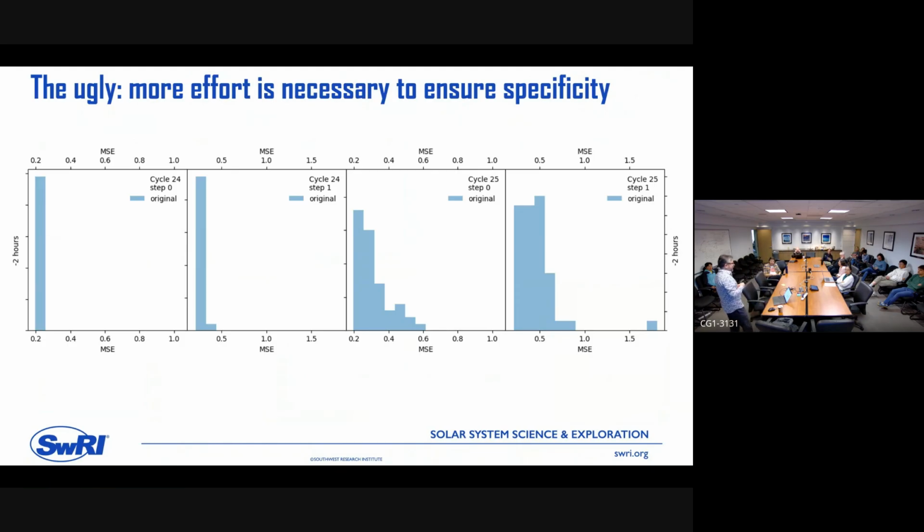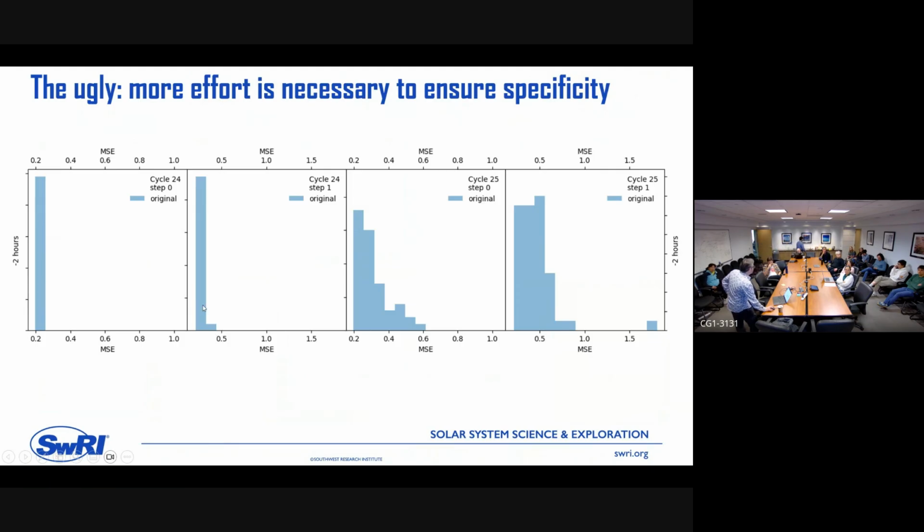But here is the difference. You can see these are the strongest 50 flares in our test set for cycle 24. This is the mean square error, and this is in a logarithmic unit. But I just want you to focus on the difference in the distributions. The flare is happening in this one, 2 steps into the future, and this is just 1 hour before that flare peak. So we're getting this mean square error of 0.2. And then when the flare happens, we get a little bit more error, but it's more or less the same.